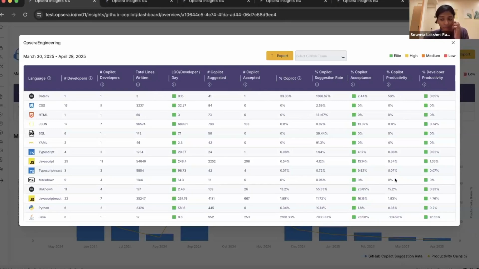So here I want to share a very specific use case by one of our marquee customers, where they had been using it for a few months, and consistently they saw that the productivity for a particular language was very low. And they thought, okay, probably it's going to improve over time. After a couple of months, they reached out to their developer community, and they understood that probably they're not getting the right prompts that they need. And that productivity percentage is something they started tracking in the developer productivity gains of Opsera's dashboard.